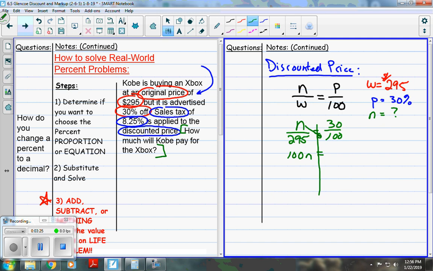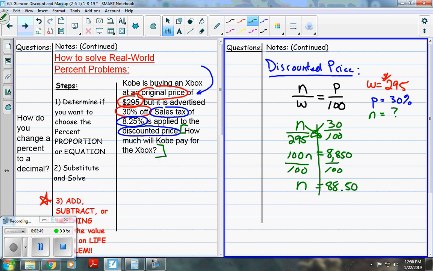And then we actually have to do our other cross product, which is 30 times 295. And I think after we use our calculator, yeah, we're going to get 8,850. And then we divide by 100 to get the part all by itself. And we end up with the part equals